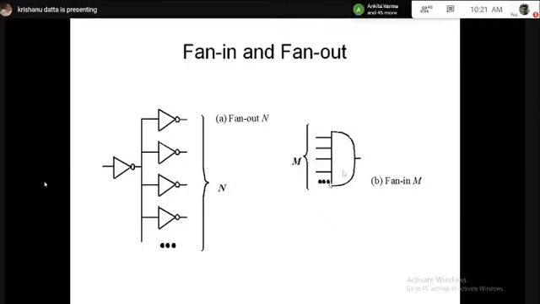And accordingly, if you see the output response, there are some portions which are stable 1, and some portions which are stable 0. But when the input is switching 0 to 1, the output is switching 1 to 0. Again, when the input is switching 1 to 0, the output is switching 0 to 1. Now, first question is, which portion of this waveform satisfies the Boolean truth table of the inverter? If you see carefully, when input is stable at 0, output is also stable at 1. When input is stable at 1, output is also stable at 0.